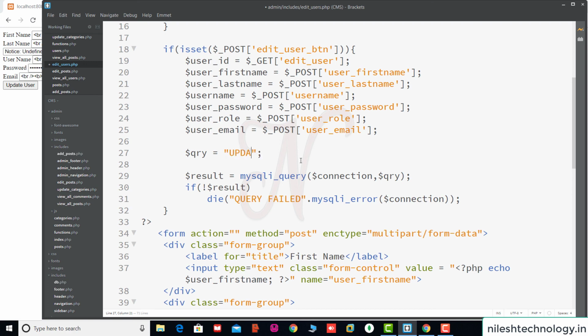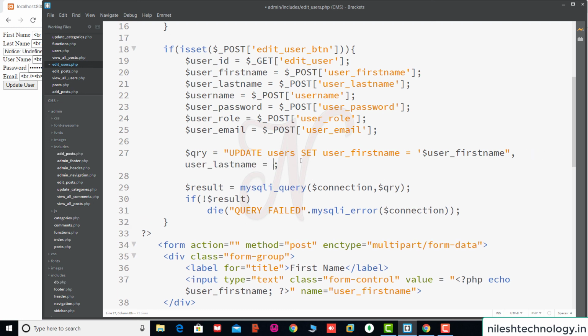Okay, see, update users set user first name is equal to $user first name, comma, user last name is equal to single quote $user last name, comma, username is equal to $username. So I think there is some mistake here, single quote.